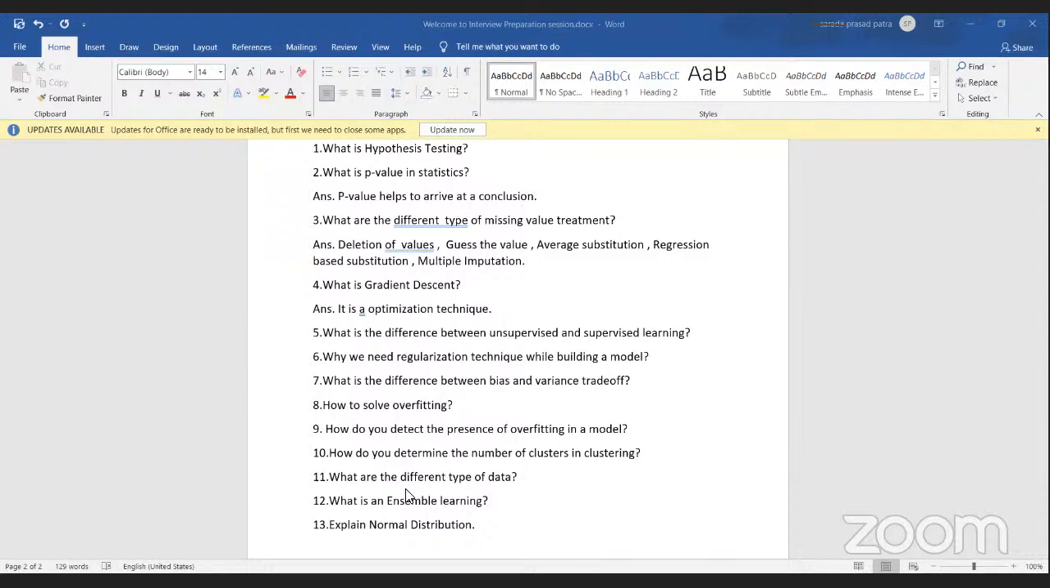Normal distribution is a basic distribution that describes